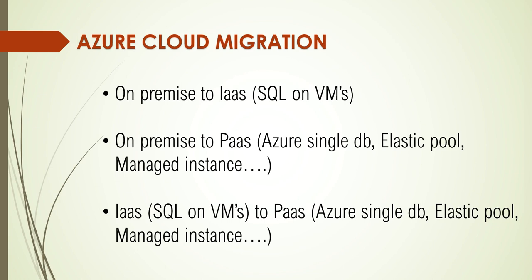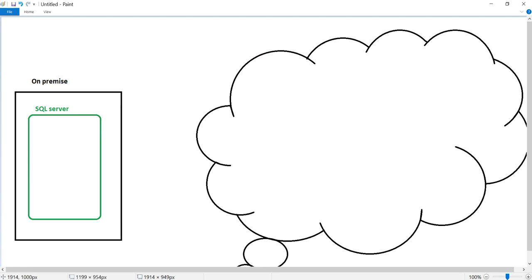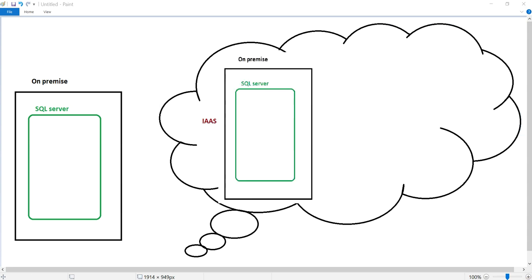Let me show you with a simple diagram. Here we have an on-premise machine. In this we have a SQL Server instance. Now I need to migrate this to the cloud. This is the cloud, Azure. Inside the cloud we have built a VM and installed SQL Server. So this becomes an IaaS instance.